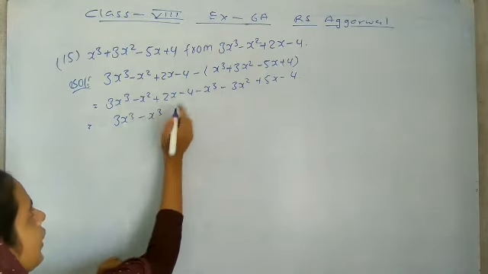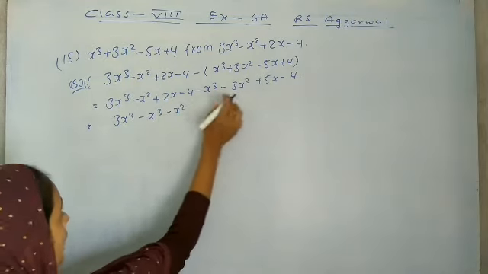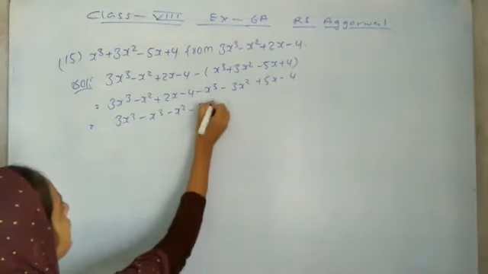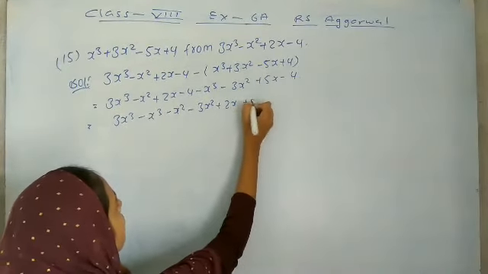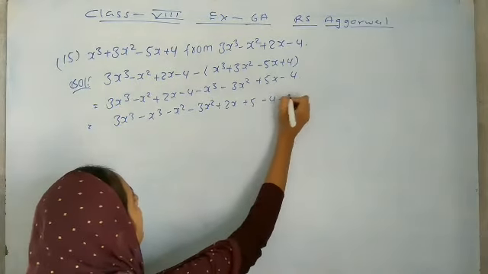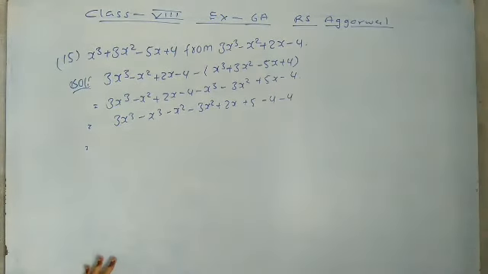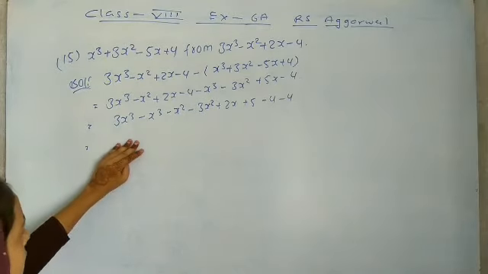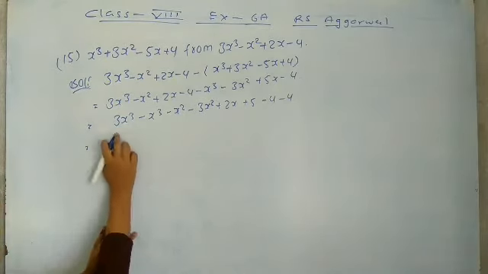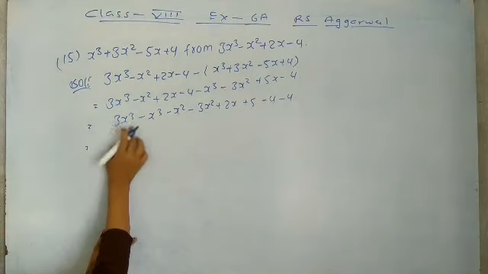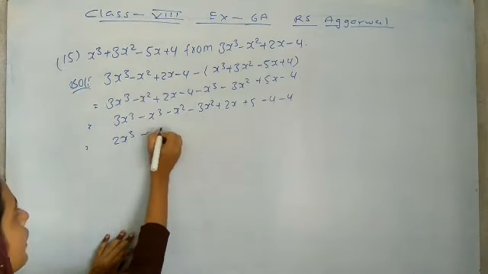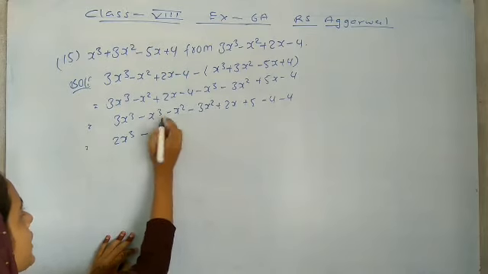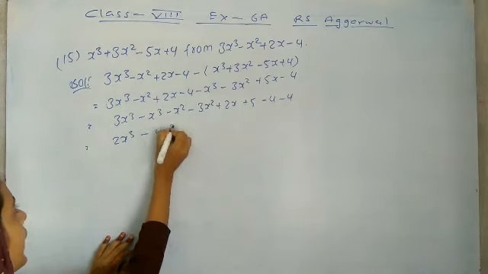And now we will write x square. Here is minus x square. Here is minus 3x square. Here is plus 2x. Here is plus 5x. Here is minus 4. Here is also minus 4. Now we will solve them because they are all like terms. Plus minus minus, but the sign will be plus because the plus sign is greater. It means that plus minus minus means 2x cube. Minus minus plus, but the sign will be minus. It means 4x square plus x square means 4x square.